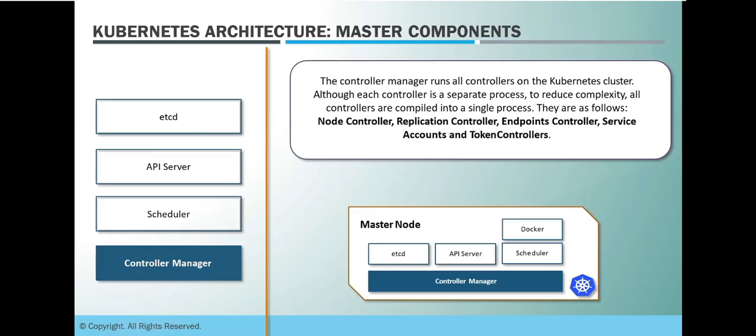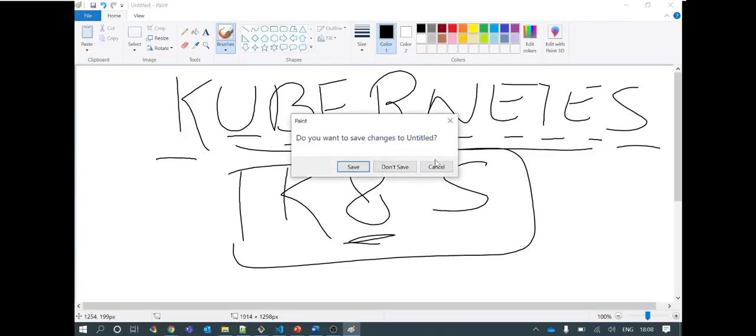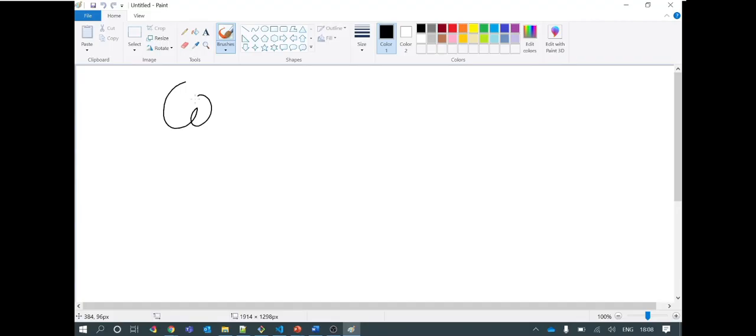You can deploy your own custom controllers in Kubernetes environment, and that is part of the additional learning that we can go for. So this is the role of controller manager here. Again, container engine that I discussed, like Docker or any other tool that you need to have on master node, is important. Without this, your containerization of pods will not be able to run. So apart from these all 4 components, you need to have container engine also